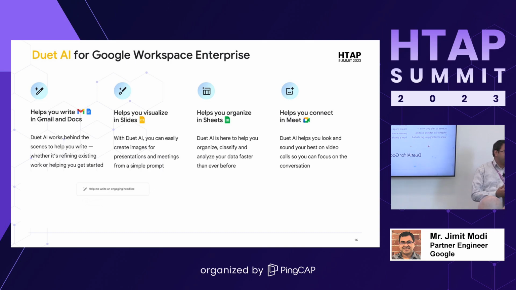And then Google Meet, it removes all the background noise, for example. Today, that's all powered by LLMs. There are new features like you may have a background image coming up, depending on the time of the day and things like that. So all of those advances are present in Duet AI, which is a part of the Workspace offering.